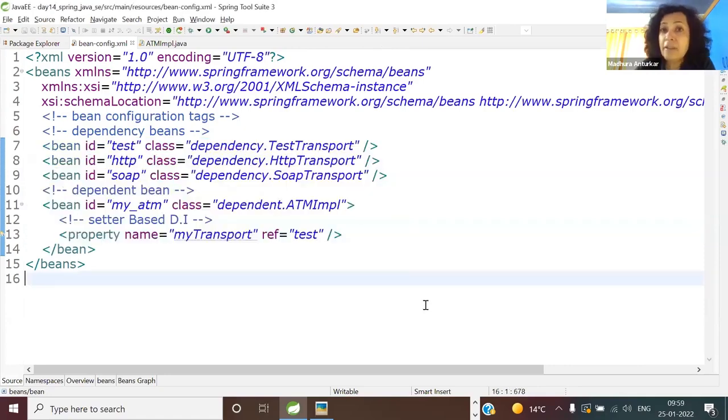Can you tell me the line number where the dependent bean is getting created? Very right. And tell me the line number where the actual wiring, the dependency injection, is taking place. 13. And all will be automatically done by the container. Did you understand the complete bean tag and the property setter tag?